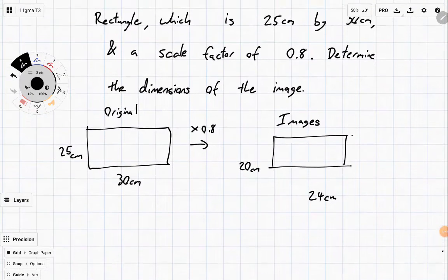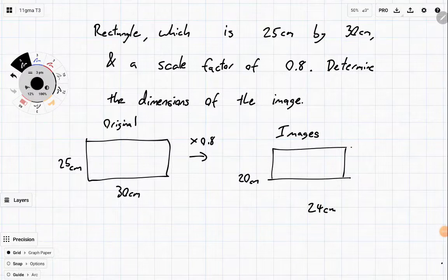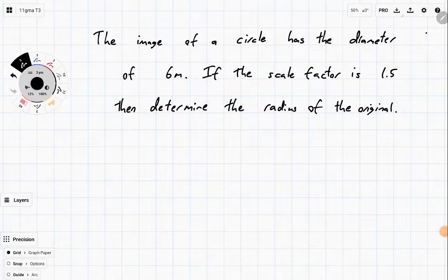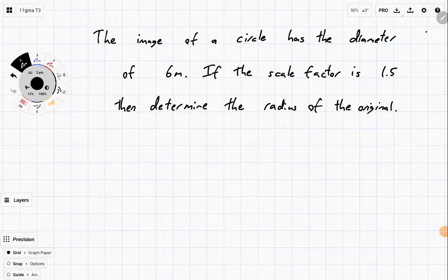Alrighty, so that's if we know the original and we know the scale factor. What if we know the opposite? The image of a circle has the diameter of 6 meters. If the scale factor is 1.5, then determine the radius of the original. So let's draw a circle, and we know that its diameter is 6 meters and that it is the image. And we want to find out of the original,